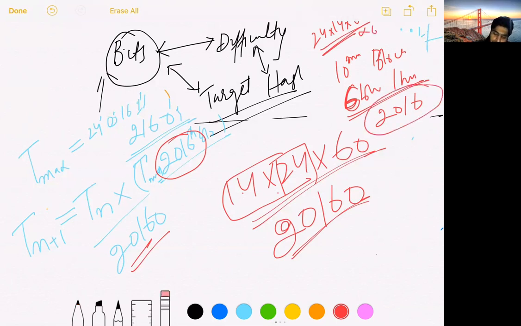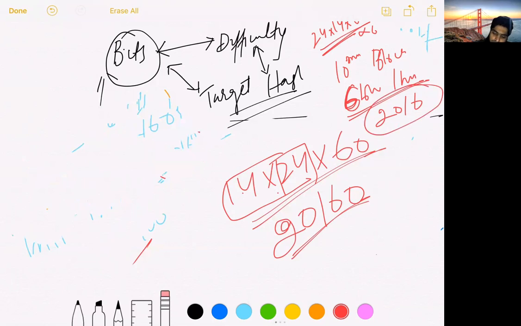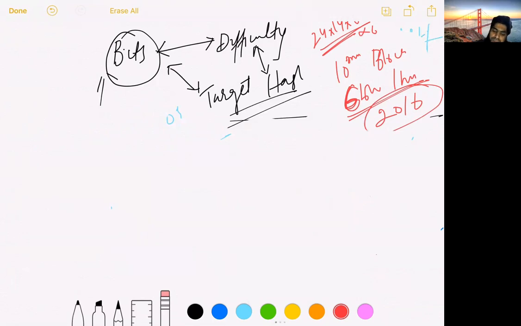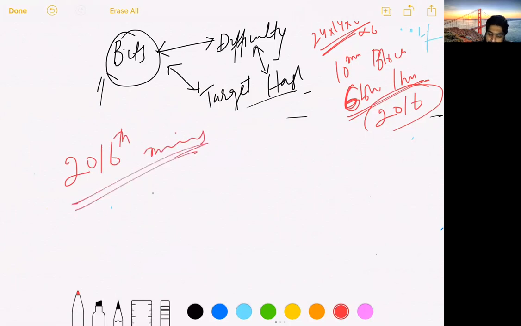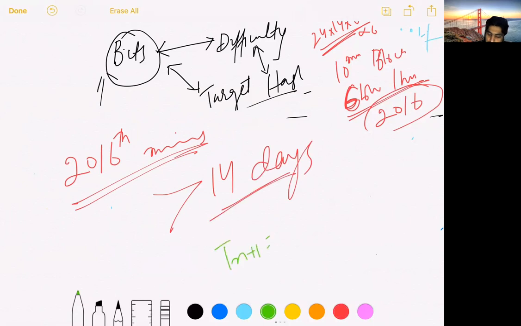Now, if you see how things will work, let us suppose 14 days are gone. Now we will see when the 2016th block was mined. If it is greater than 14 days, then what will be the effect on the formula that we have? Tn plus 1 equal to T max,